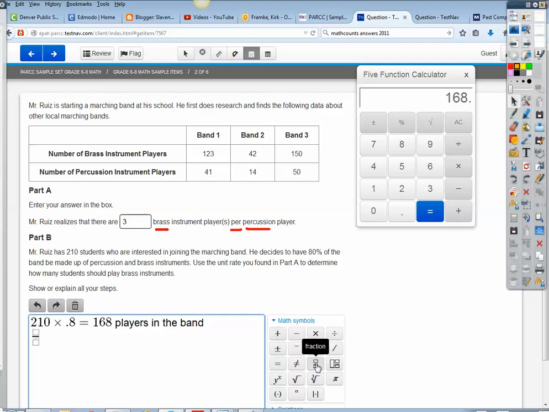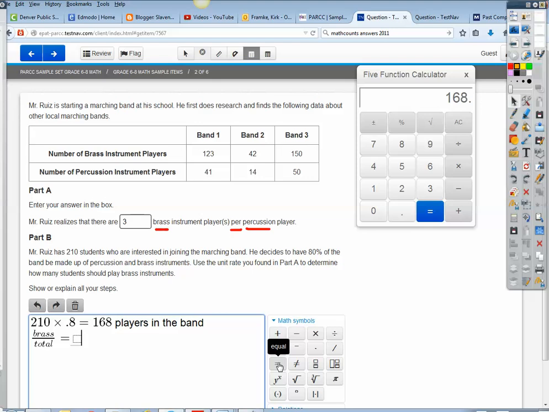If I have 3, I'll do my explanation first. I'm making a ratio, and I have my brass players over, and what I really want here is the total, because I know how many total players I have. I don't know how many percussion players, so I don't really want to say brass over percussion. What will be really useful is brass over total. And so this is going to be equal to, no, I don't want that in the denominator. That's going to be equal to,